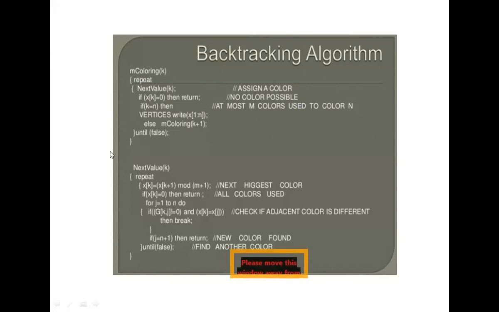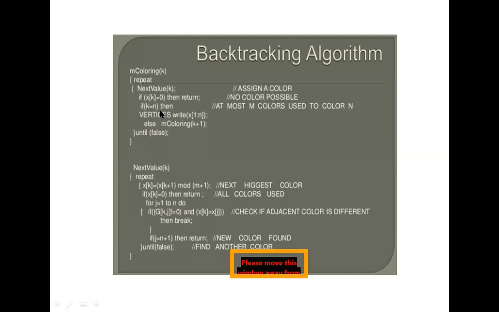Okay, so see here, if x of g equal to 0, then return no color is possible. If the x value is 5, then 5 equal to 5 means we color all the nodes in the given graph. So if x equal to 0, there are no color possible. Because the adjacent vertex is any color you have to choose, but it is not possible, then you can return this statement. If no color is possible to draw that node, then if x equal to 0, then return. So it returns the 0 value. That means that here no color is possible.